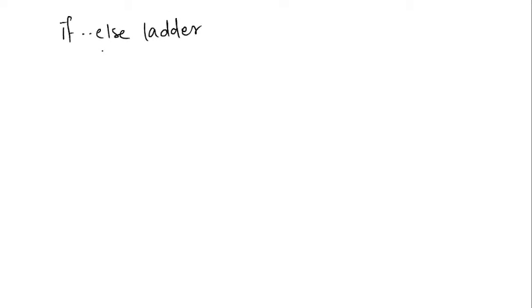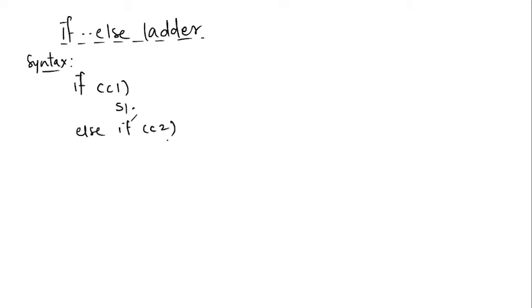So the syntax goes like this. We'll have if C1, S1, else if C2, S2, which looks quite similar to nesting. If I put else here, then it becomes one simple form of nesting. But it can continue. So if C3, then S3, and it can continue further also. Somewhere we have to stop, so else S4. So you can see it forms a shape like a ladder. It is not one into the other, but it is one after the other.